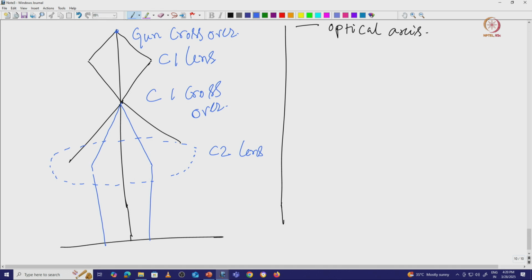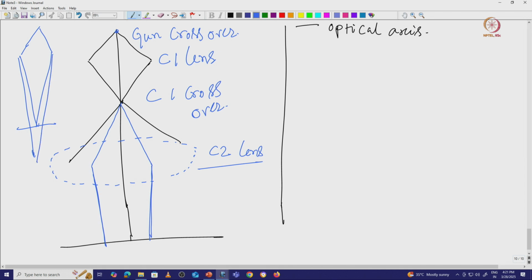If I ask you what the magnetic field is for this C2 lens, what kind of magnet, is it strong, is it weak, or is it under focused or over focused? Definitely it is a very weak magnetic field I am using, and that is the reason the electron beam is not converged at any particular point. Not only that, if we consider the rays going, if you remember an under focused image, how do these under focused images go? If this is my focused plane, an under focused image will be like that.